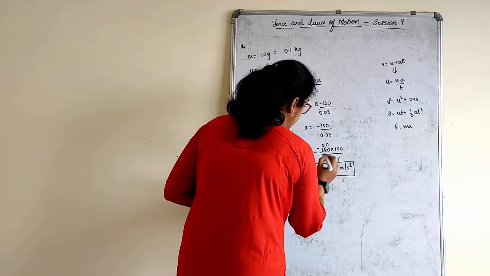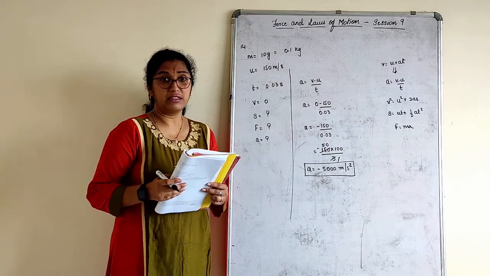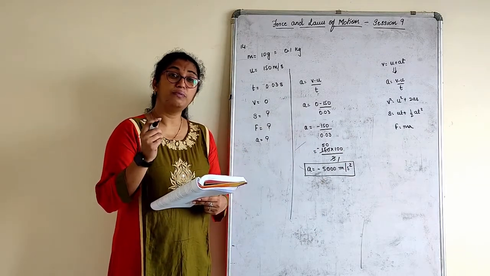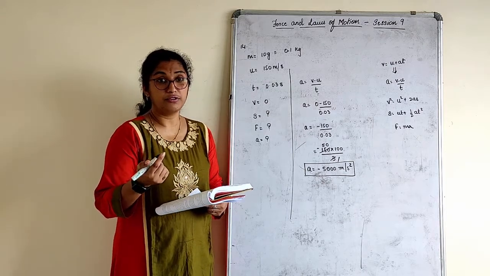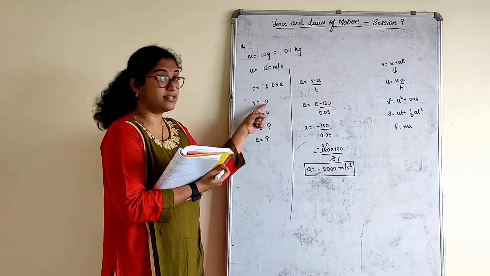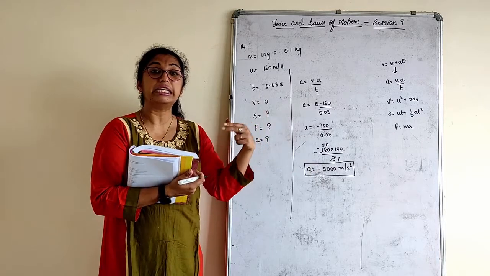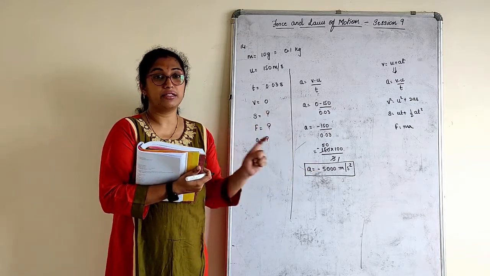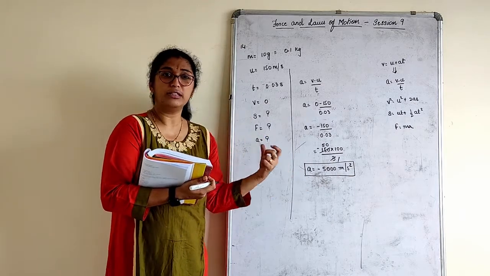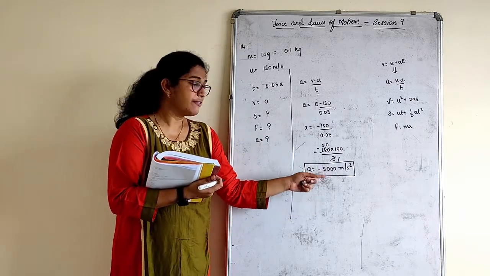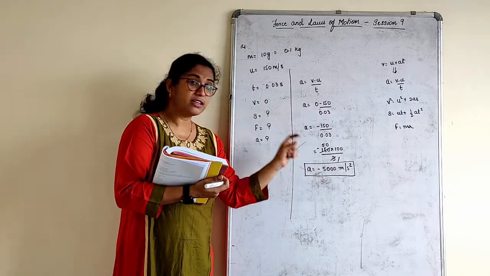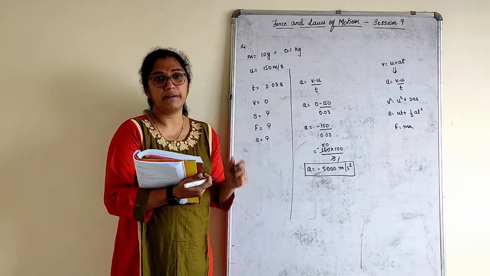Why did we get minus here, children? So is it the correct answer? Yes. The negative sign indicates that the velocity of the bullet decreases. Of course, right? It came to rest. That's how the velocity decreases. That is why the negative sign indicates decreasing velocity of the bullet. You have to mention these things when you write. Whenever you get positive answers, you need not break your head, write anything. But whenever the answer comes in negative, these things have to be mentioned.